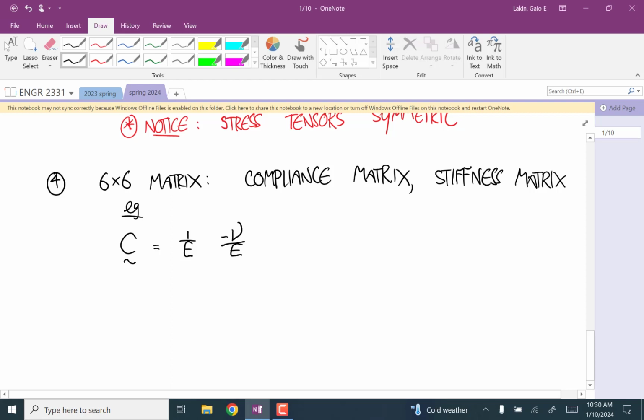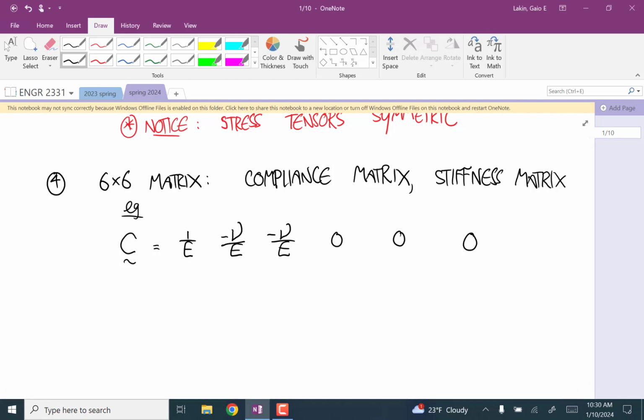The third element in the first row is negative nu over E. And then we have 3 zeros. Now we're on to the second row. And the way this works is for all of the first 3 rows,